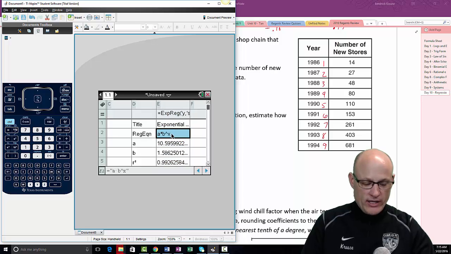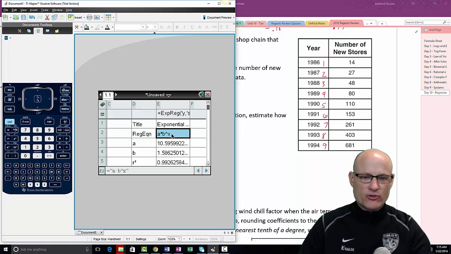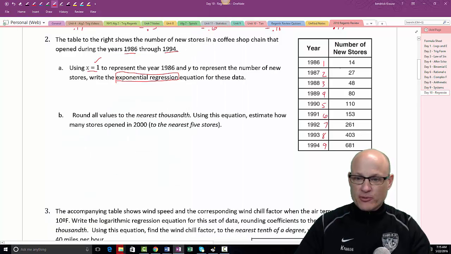So there's the equation. 2 common mistakes made with regression. The first one is, very simply, not typing in the data correctly. You put in a 46 instead of a 48 or something to that effect. Or in this case, you use 1986, 1987, 1988, and you didn't use 1, 2, 3, 4, 5. Common mistake made. The second one is not